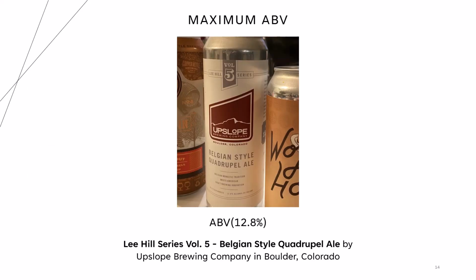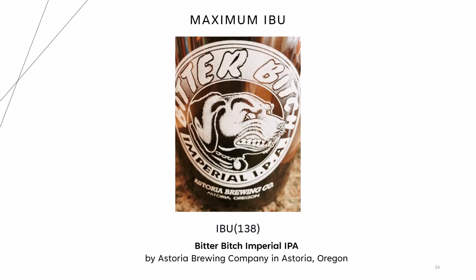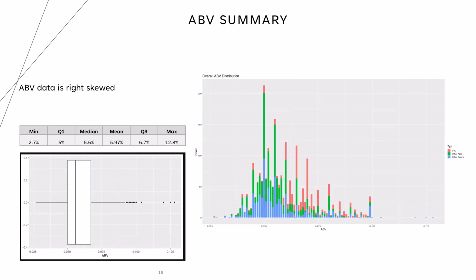Looking specifically at the beer with the highest ABV value, it's from Colorado. Again, not as many restrictions there, and they created this interesting beer with 12.8%. So super strong, but kind of interesting. The most bitter beer was coming from Oregon, another place where there's quite a few breweries along the West Coast, and this one happened to have 138 IBU, so extremely bitter.